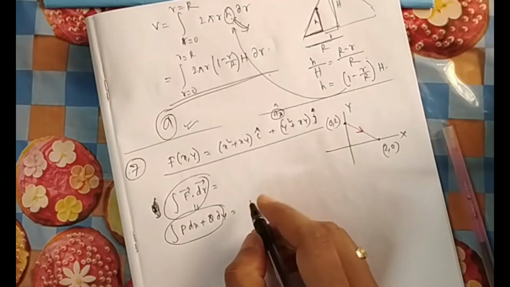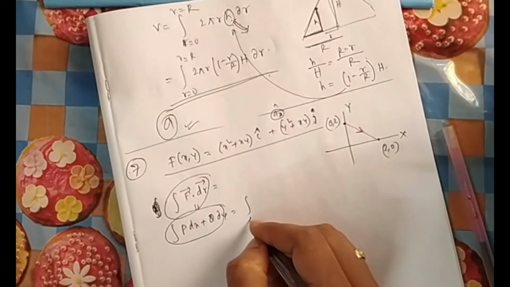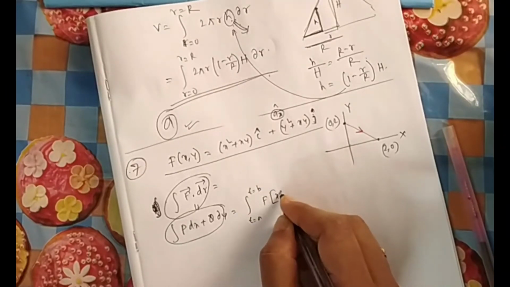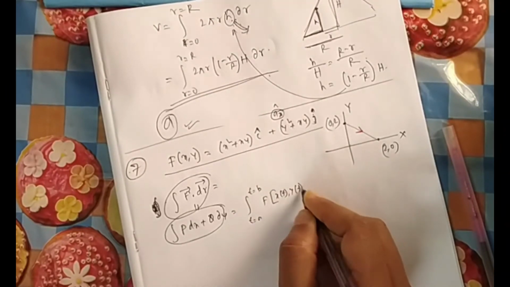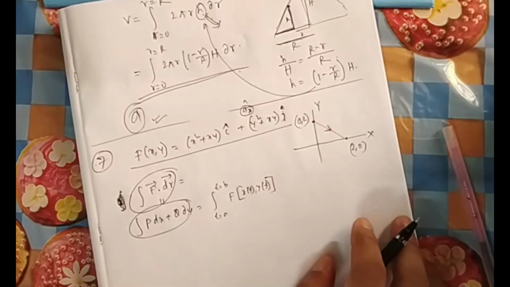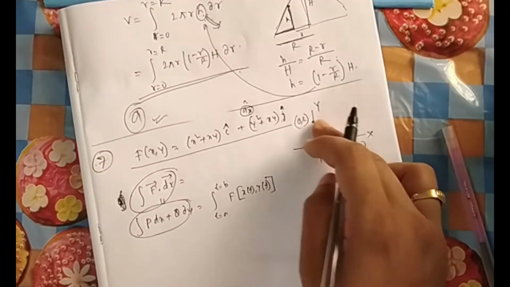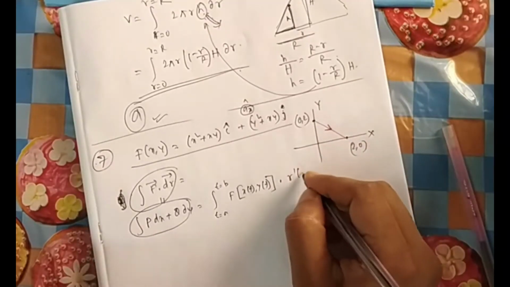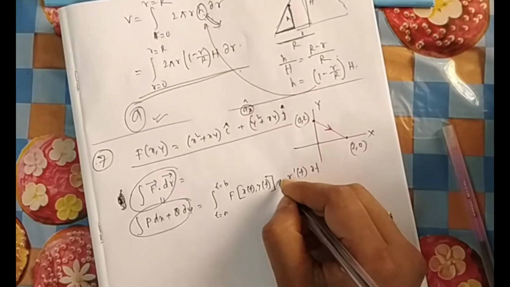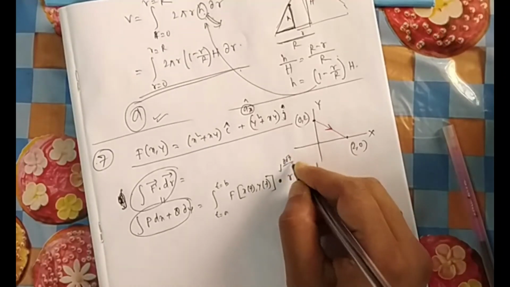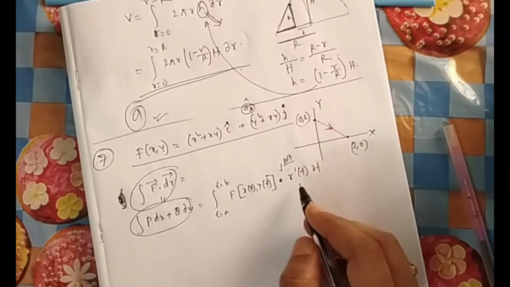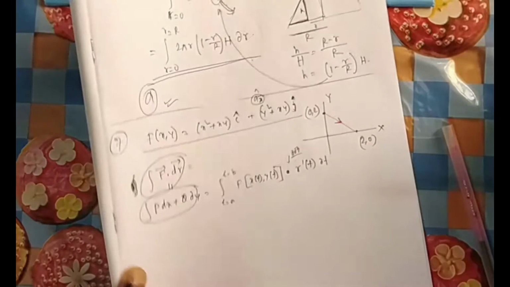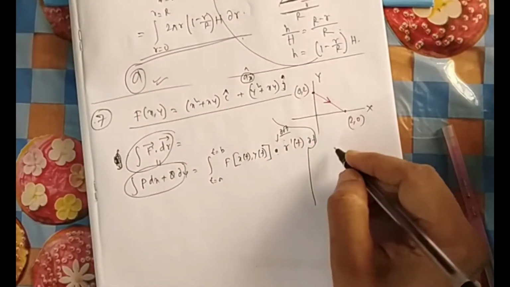But what was the actual formula? We will be doing it from t equal to a to b, and in F we will put x(t), y(t). We will parameterize the line or the path through which we are integrating. This is F dot r'(t) dt. This was dot, you remember? In scalar, it was multiplied by magnitude, but in a vector field, the line integral is dot r'(t). Okay, so first we need to parameterize this path.